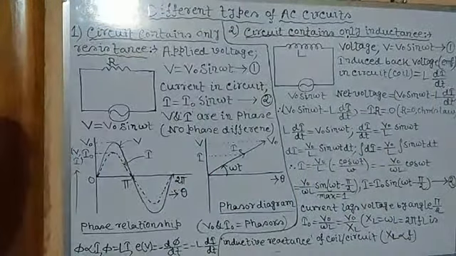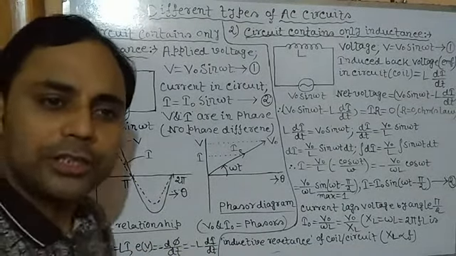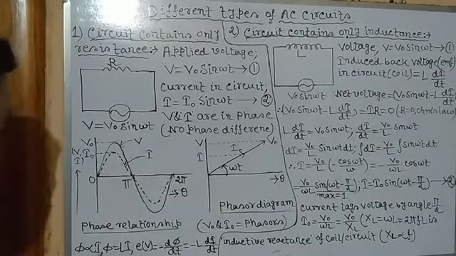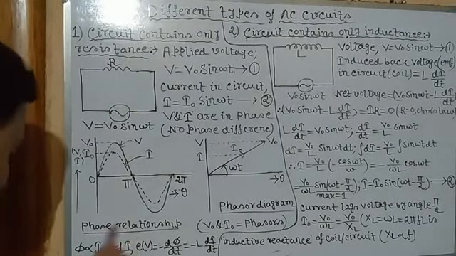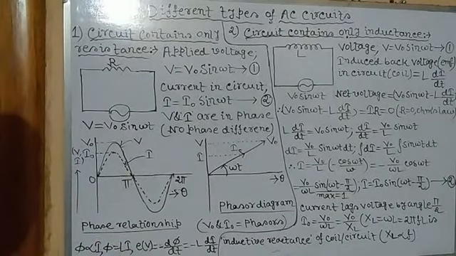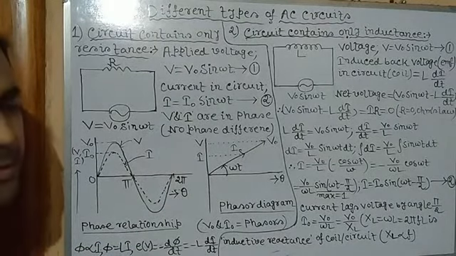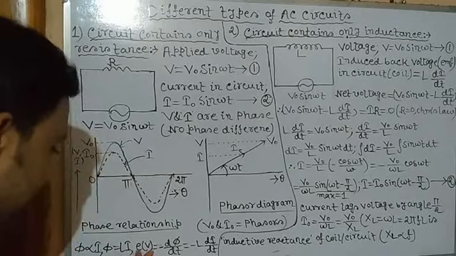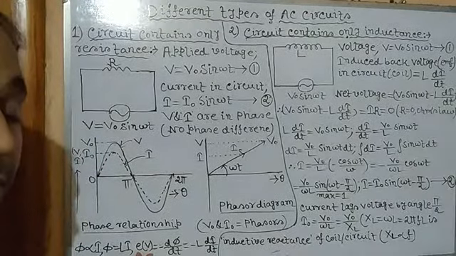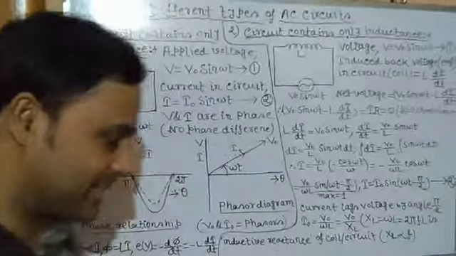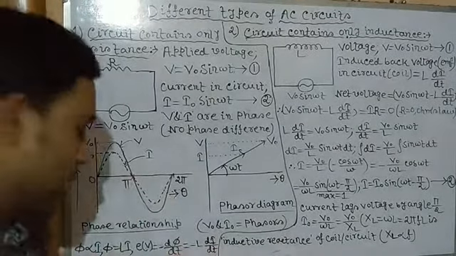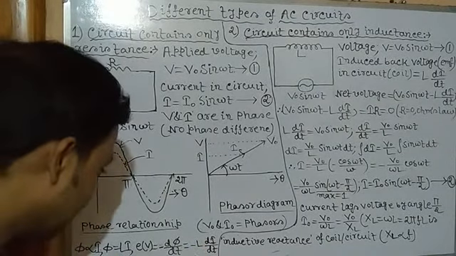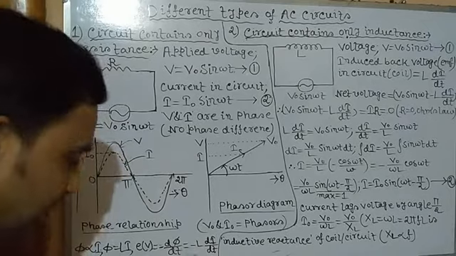How? Let's see. From self-induction we know the flux is directly proportional to the current flow: phi proportional to I. So if we take the constant, phi equals L i, where L is a constant called self-inductance. From Faraday's second law of electromagnetic induction, the induced EMF is equal to the negative rate of change of flux, E equals minus d phi/dt. The minus sign is due to Lenz's law. So, with L constant, it is minus L di/dt. The minus is due to Lenz's law, opposing its cause.